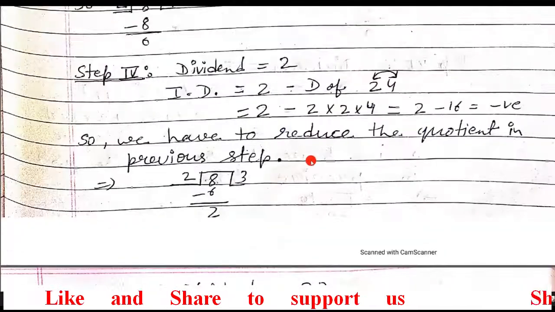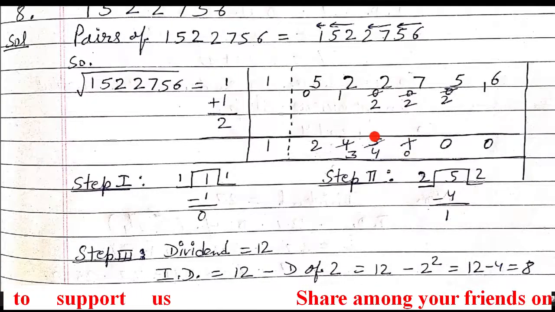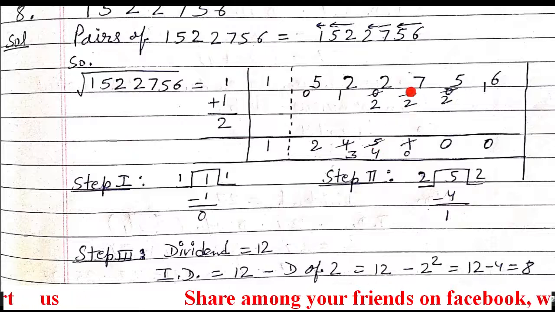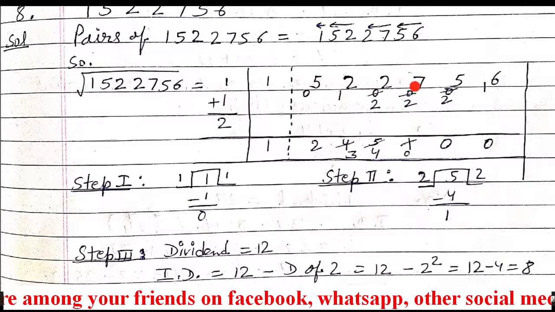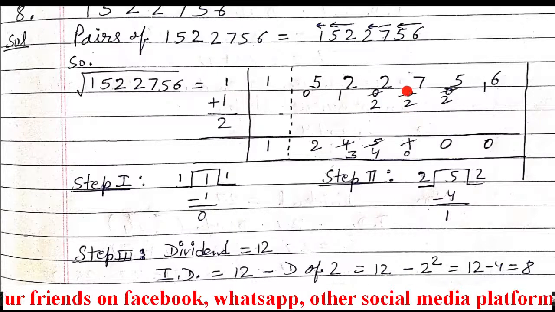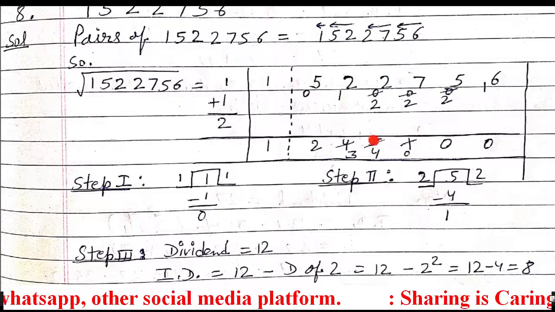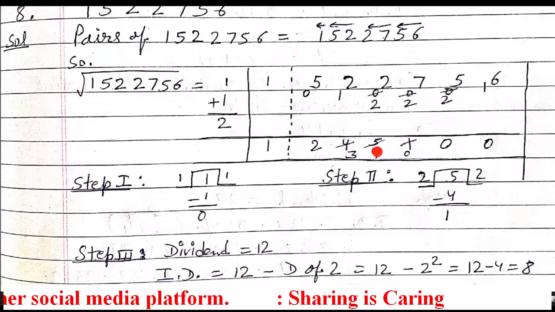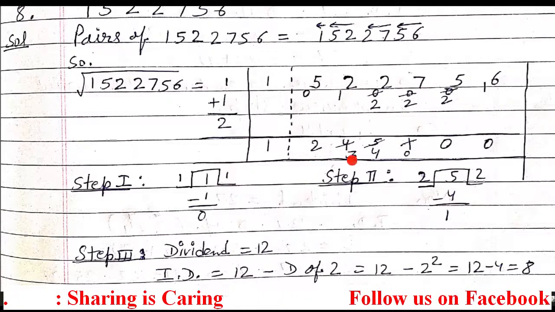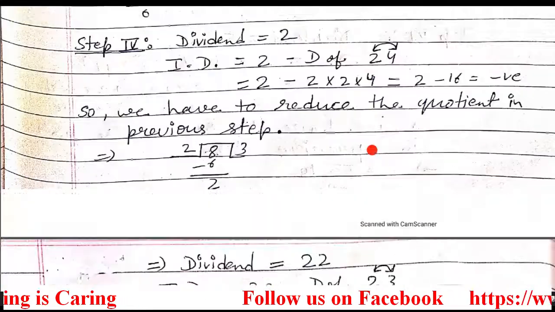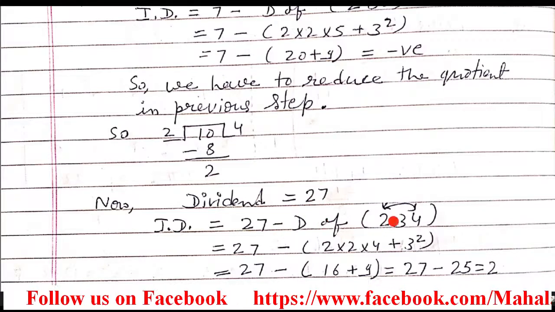Now this 4 and this 2 you have to re-enter in the table. So just see the table. In the table, 5 we reduced to 4 and 0 just cross, and instead of 0 the remainder we obtain is 2. That is, 27 is the new dividend. Now the new dividend you have to again improve. So 27 minus D of 2, 3, 4. Before we had 2, 3, 5, but 5 we reduced to 4. So D of 2, 3, 4. So 27 minus 2, 3, 4's Dvandva.